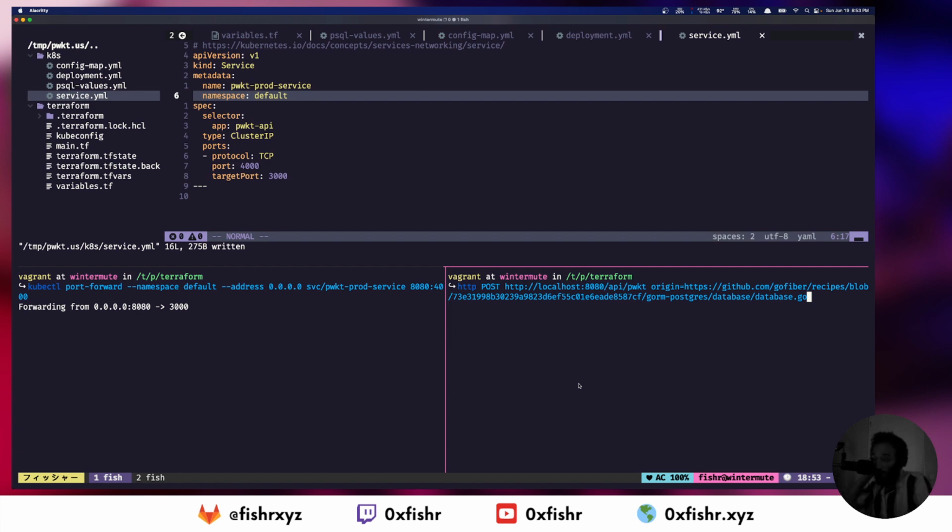By the way, I've not talked about this, but essentially it takes a post request with the only key being origin. And this points to a, actually let's just do http post, http localhost 80